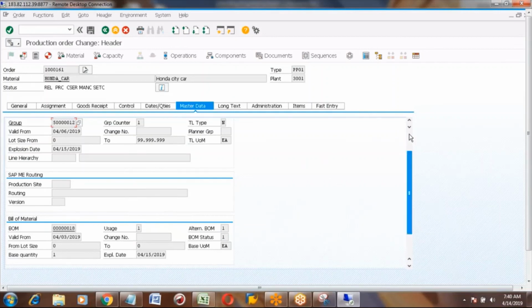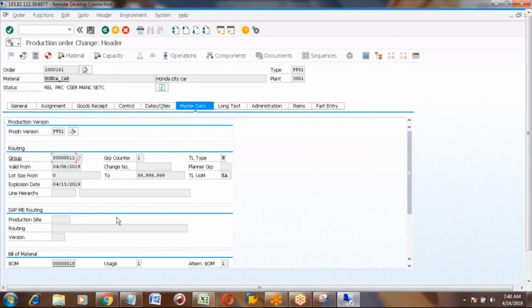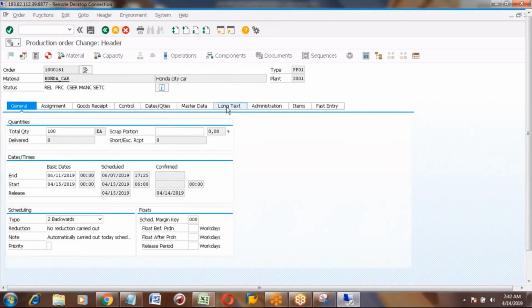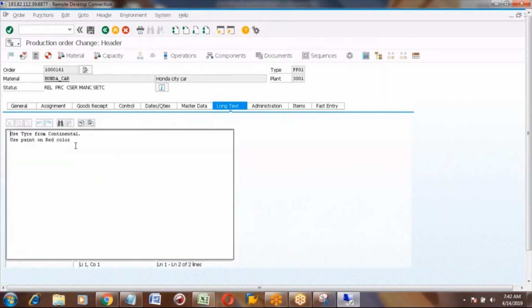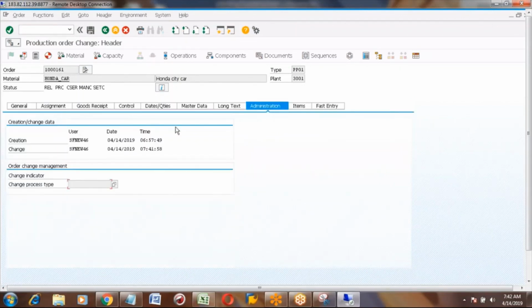Which master data is used, you can see the details in master data. It will get saved. And in the administration tab, the next tab, you can see who created and who changed.